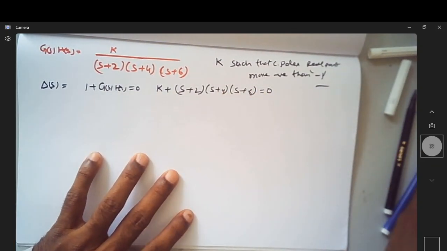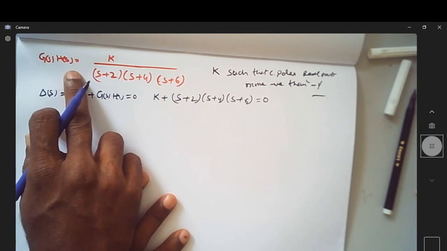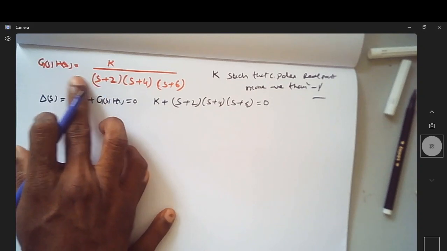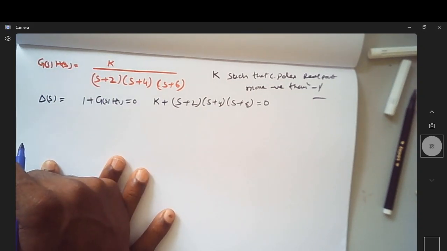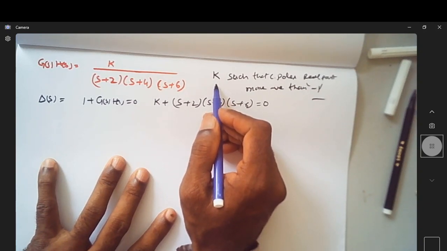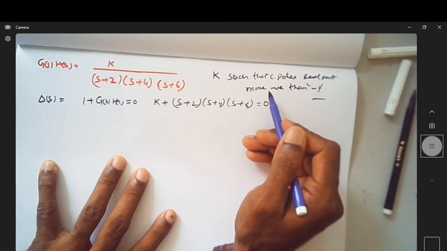Hi students. Let us consider the open loop transfer function of a unity feedback system with negative feedback, given by this open loop transfer function. Now we are asked to find the value of k such that the closed loop poles have real parts more